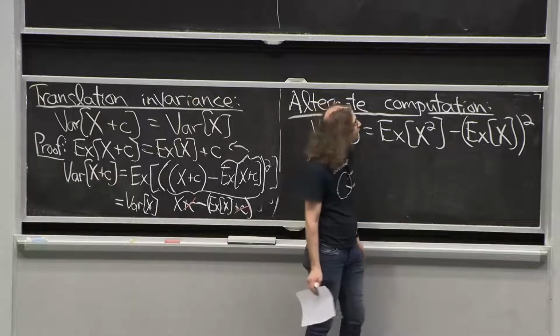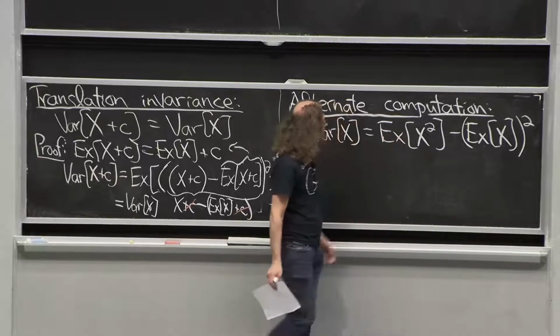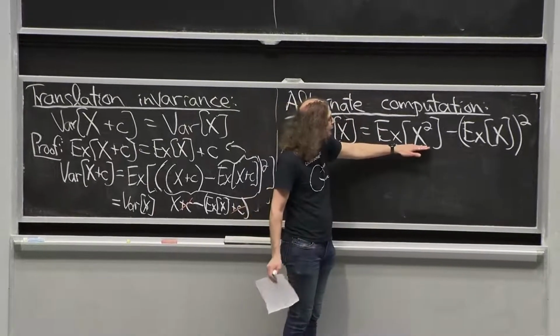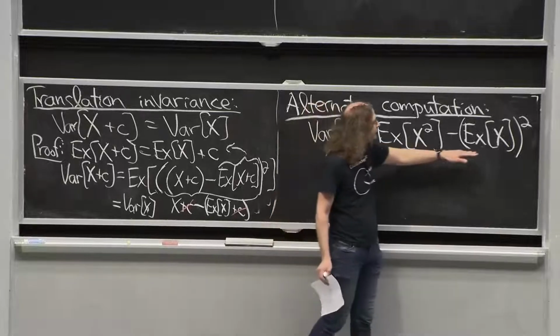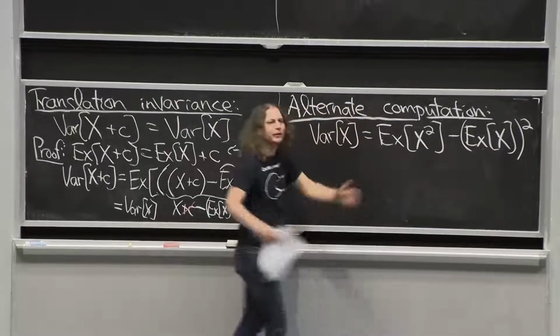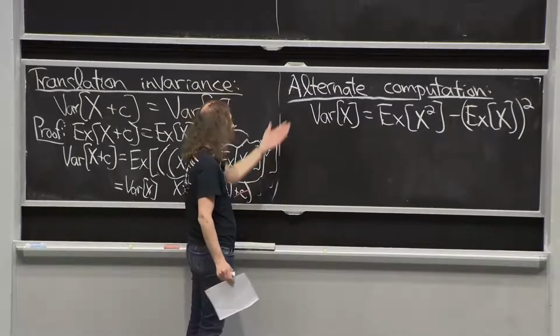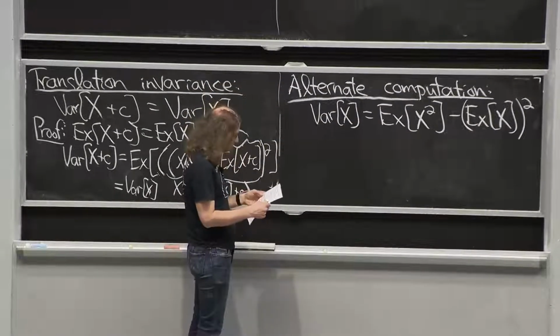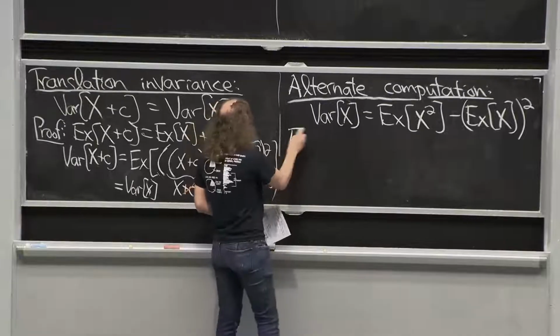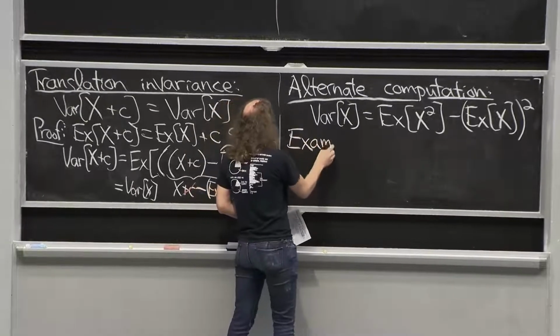I guess this is sort of related to whether you do things inside or outside the expectation. This is going to exaggerate larger values of x more, and this adds them all up first and then squares, so it's less dramatic. And the difference in those dramas are exactly the variance, it turns out. So we're not going to prove that. You'll prove that in recitation tomorrow.